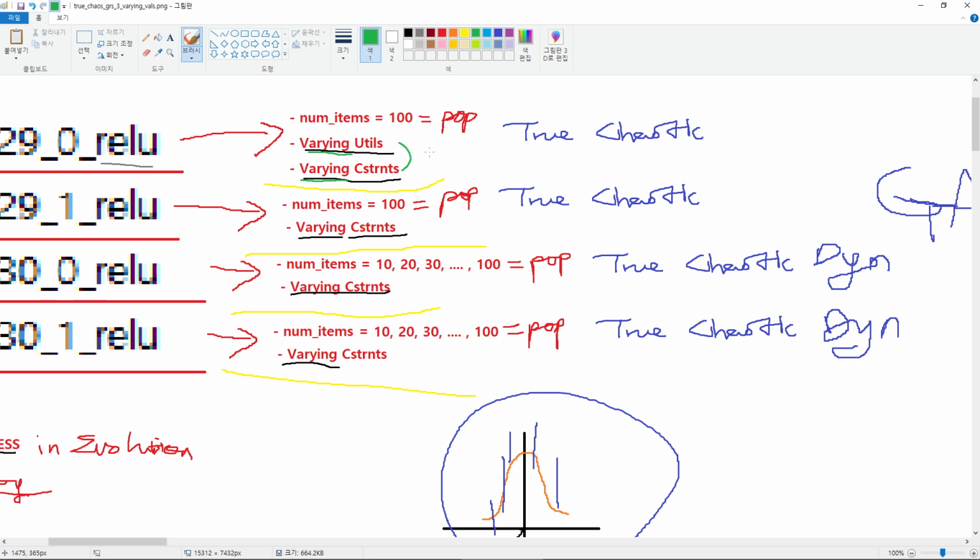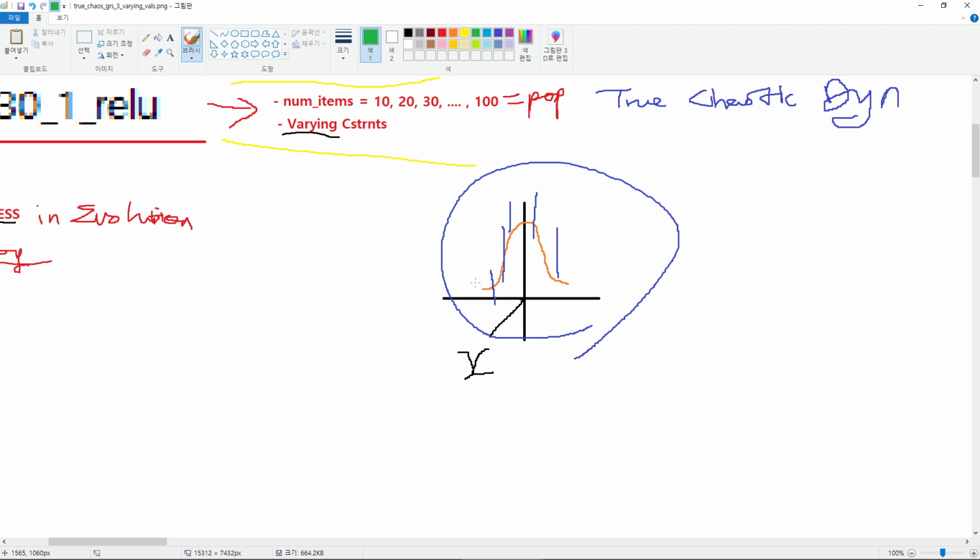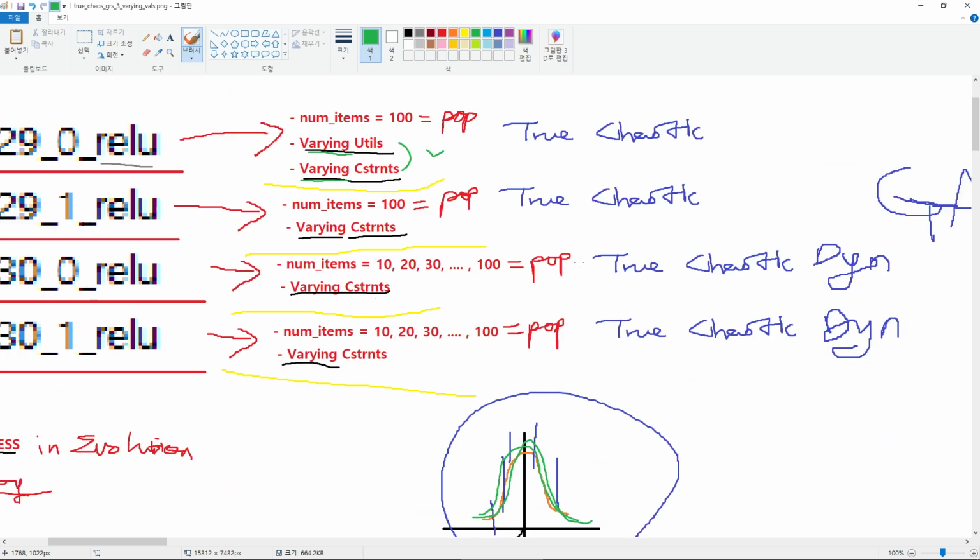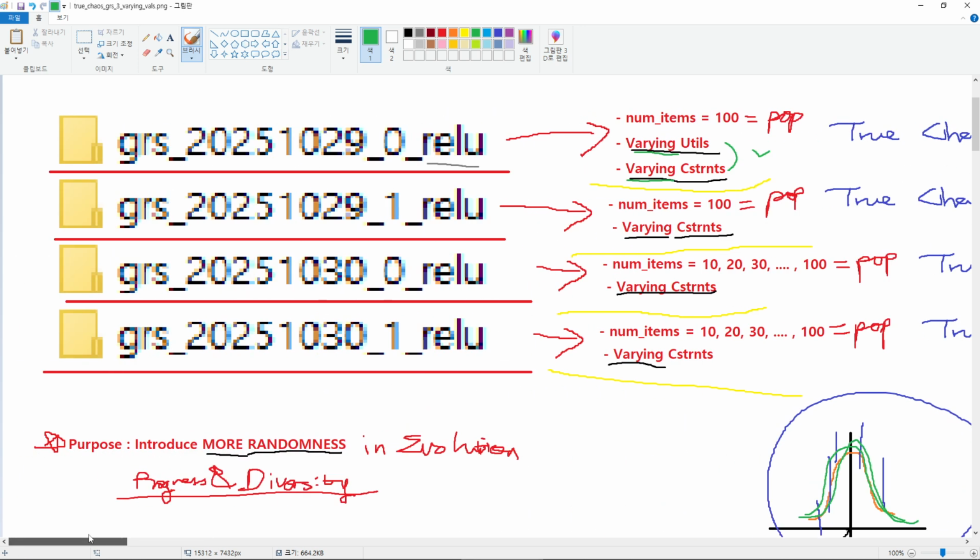So once I realized that, I had to move on to only, well, I had to set only the constraint values to be changing all the time. Of course, still following a certain normal-ish looking distribution. So that's what I did. And that is the second one, which is this